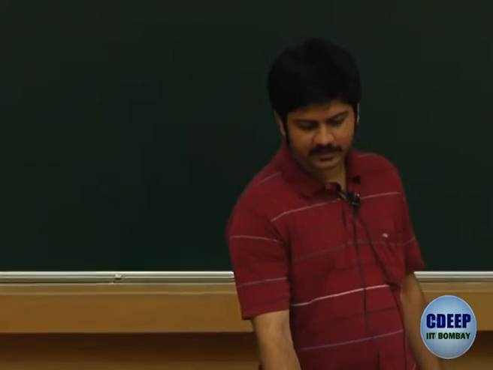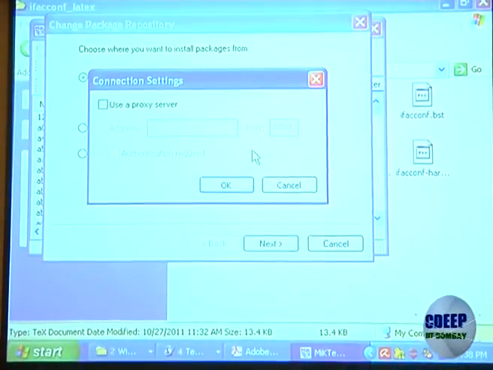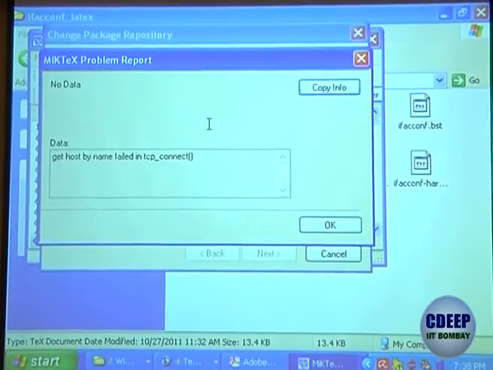Just give here packages from internet, create a session in browser on internet.iitb.ac.in, okay, and inside connection settings give no proxy, by default it should be no proxy, right. So just click next. If the net is connected, it shows you a list of servers from which you can take the data.